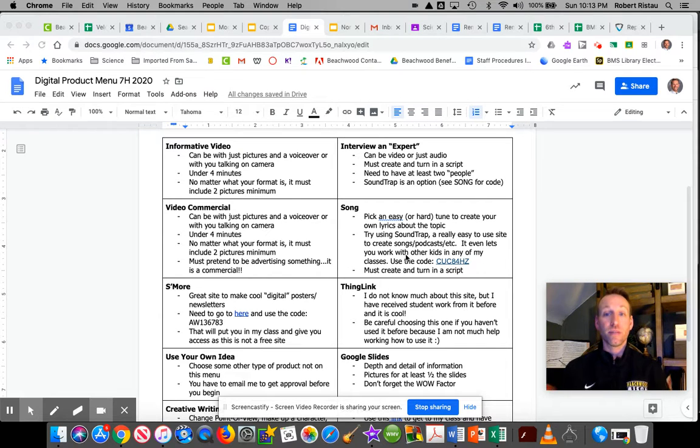How about making a song? Pick an easy or hard tune to create your own lyrics about a topic. You guys remember the Mr. Parr videos, and how he takes songs that you've heard on the radio and turns them into science songs? That's pretty hard to do. Maybe you take something like Row, Row, Row Your Boat or Happy Birthday as a tune and you make it